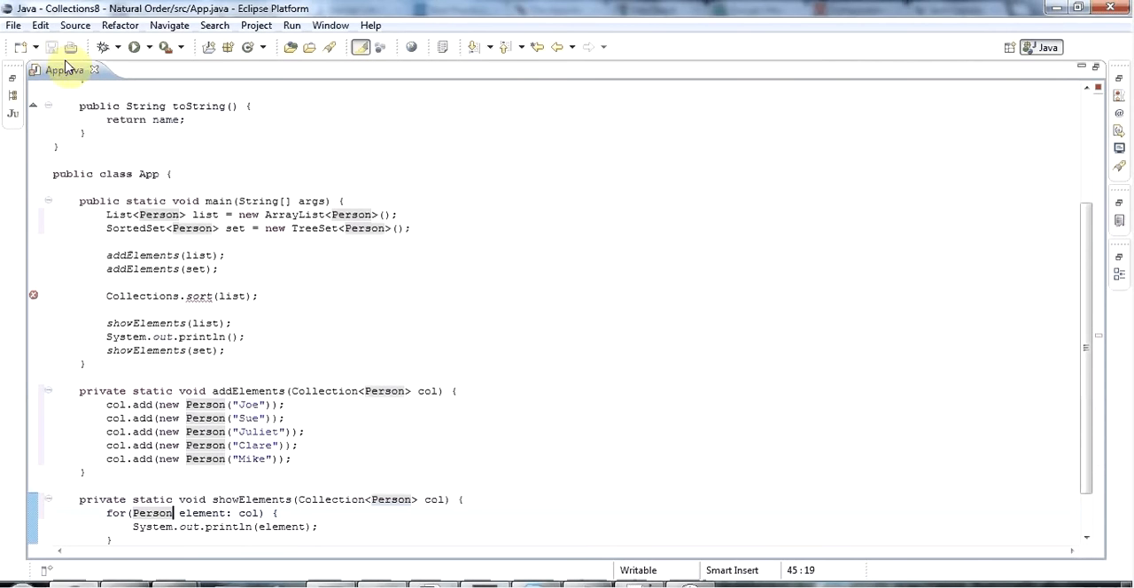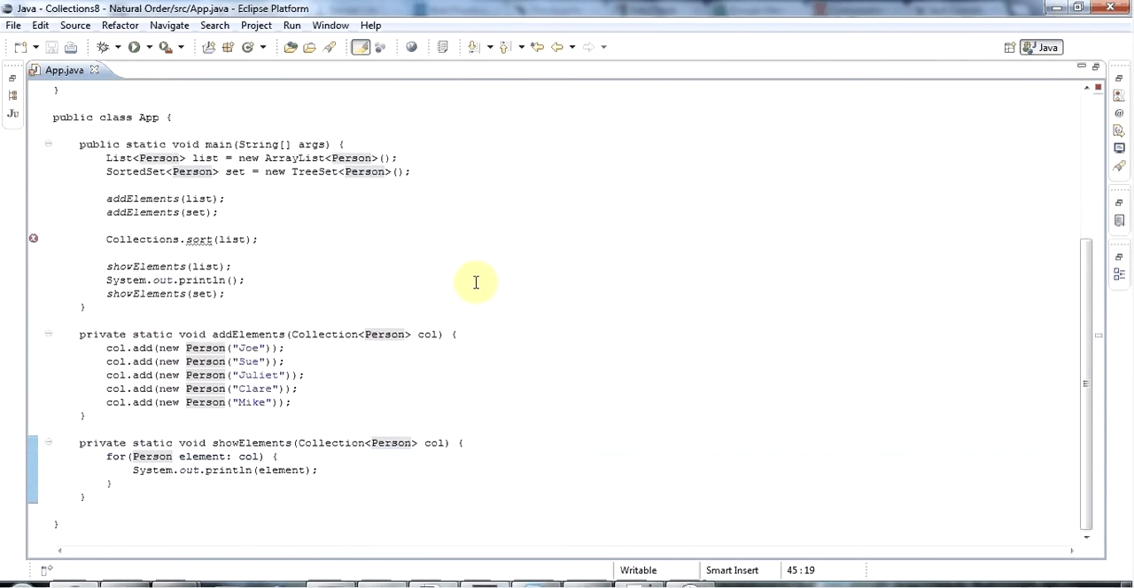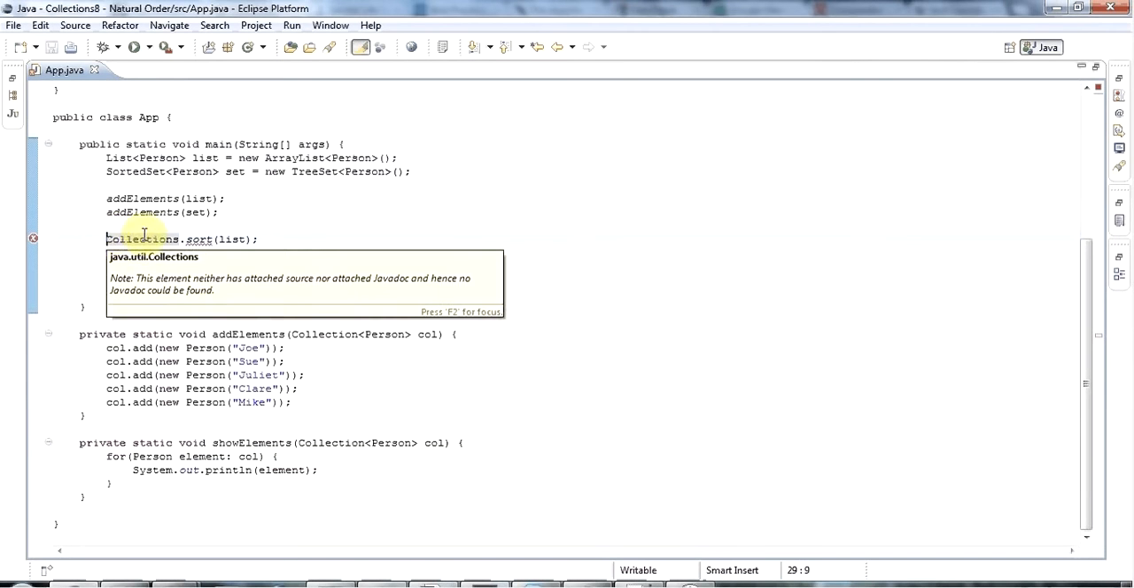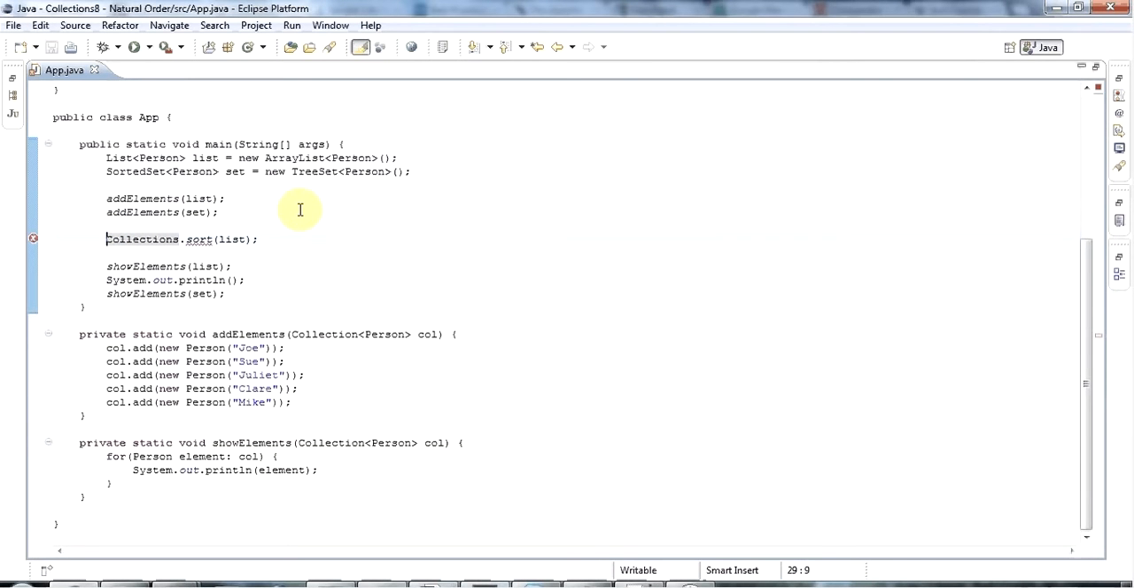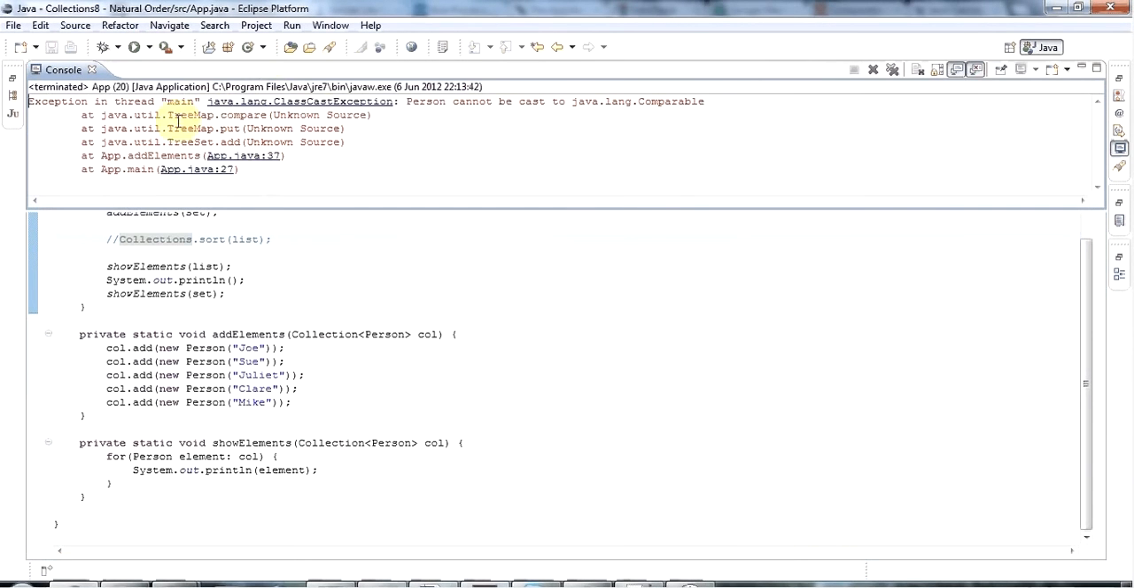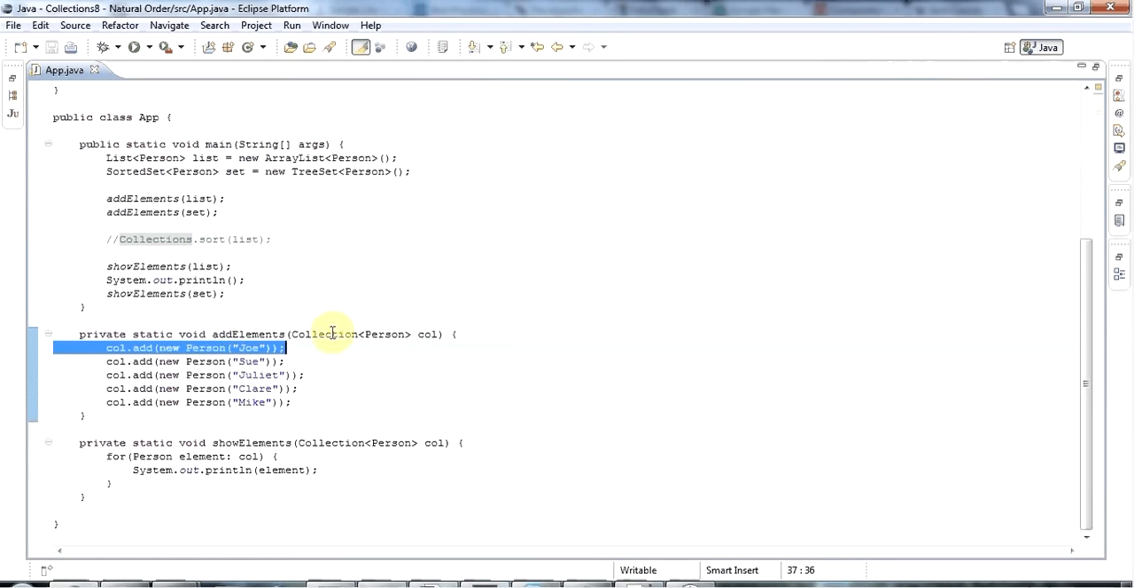and that's almost it, except that because the person object does not yet have a natural order, I can't call collections.sort on it, and also the tree set is going to give me a headache, because you can't add elements to a tree set unless they have a natural order defined. So if I run this, I get a traceback actually from the tree set here where I try to add an element. So we're going to fix that now,